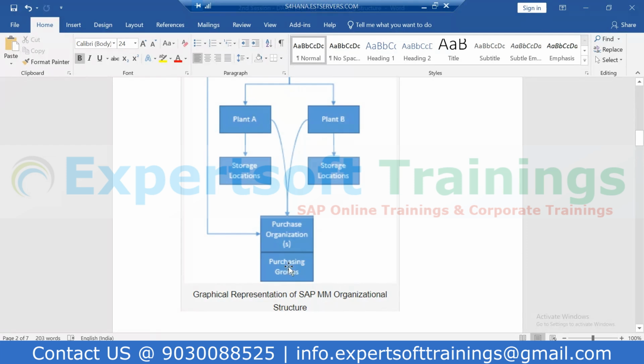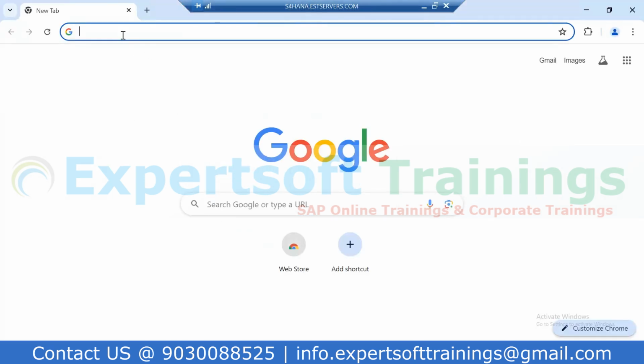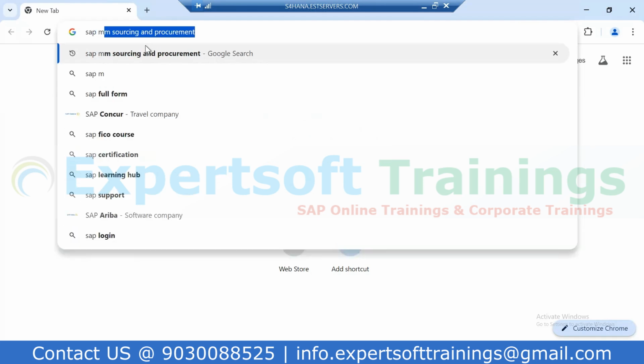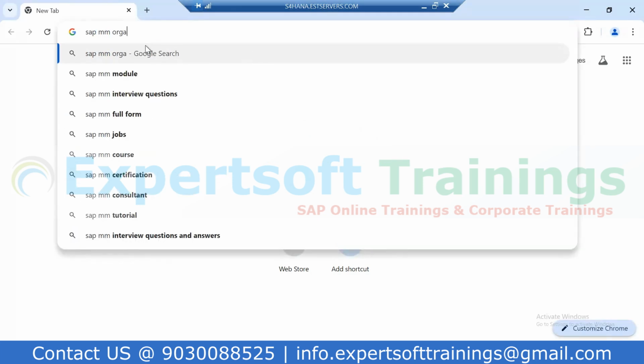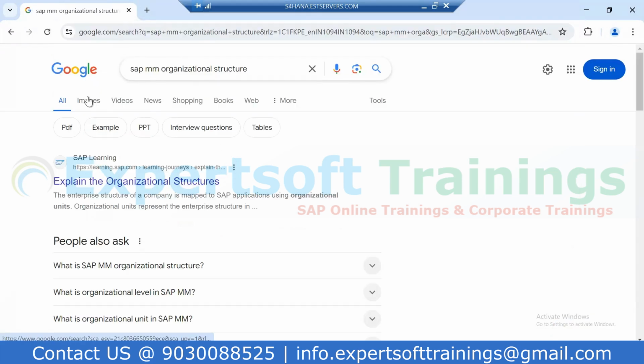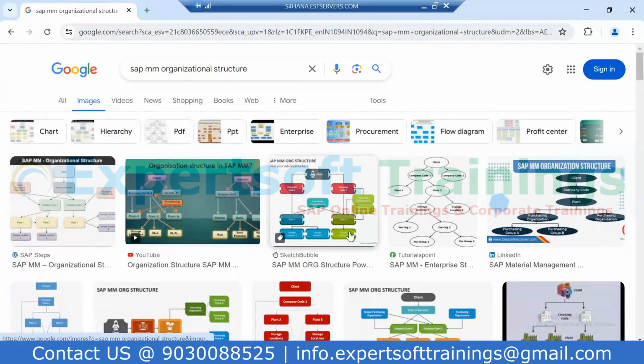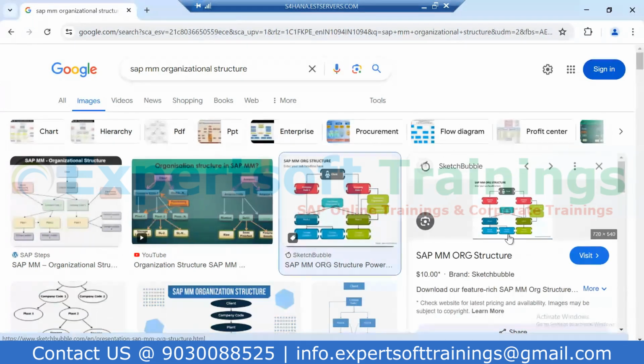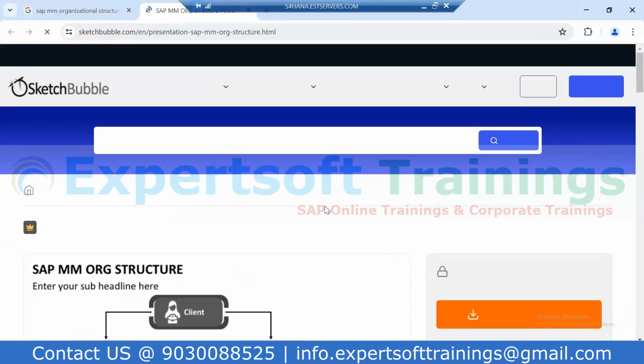This is a mistake; somebody gave the image in such a way. But if we search for a normal image, let me type SAP MM organization structure, in the images you will find a correct image, and you will never find the purchasing group in it.